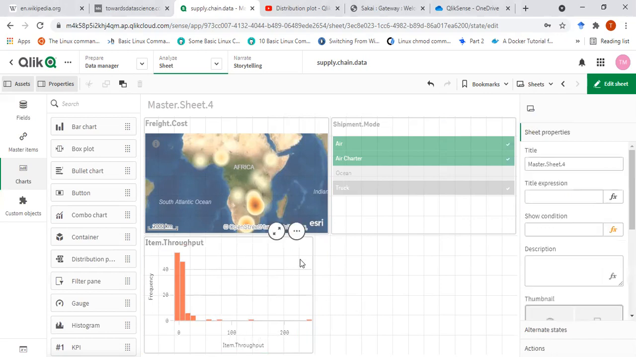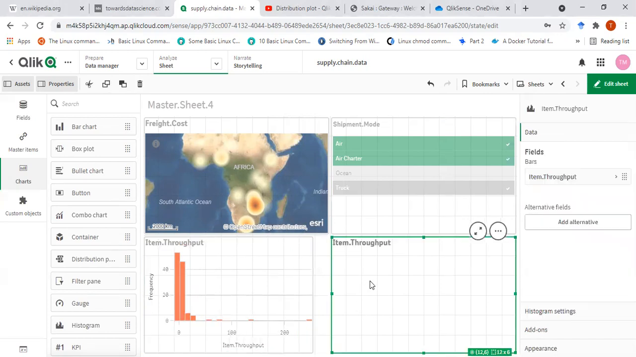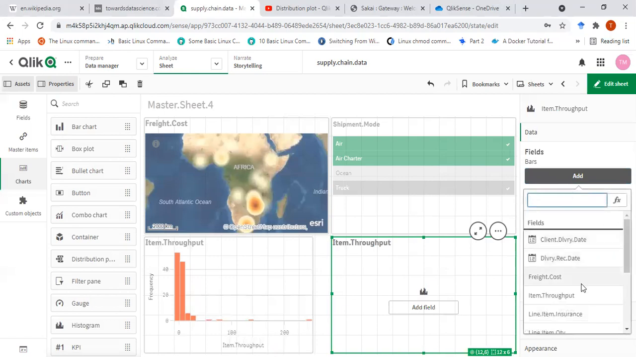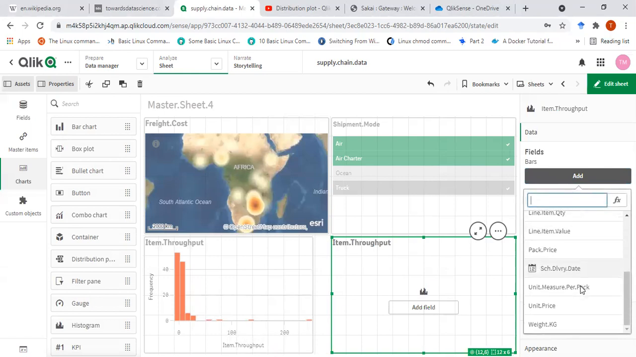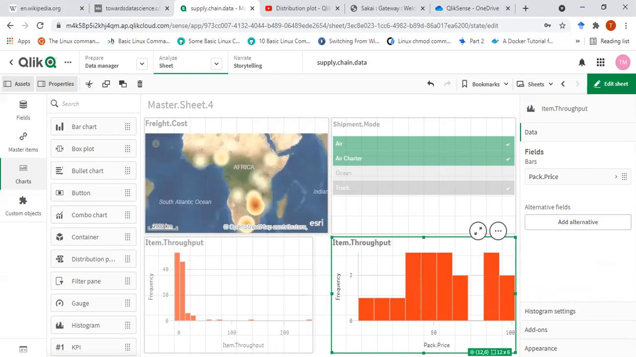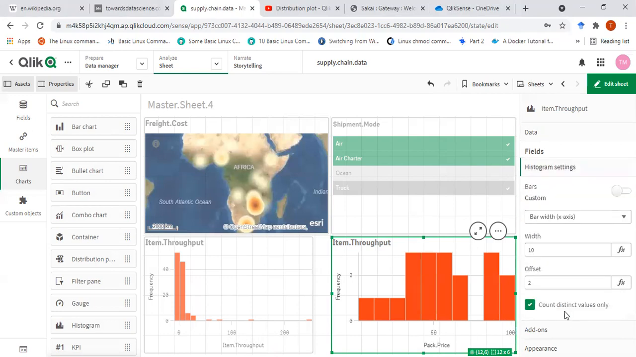And I can replicate the same, so Control C and Control V. So for this, let me just select another one. Let me delete that. So let me go with this pack price. So that's how the pack price is varying. So maybe I need to,